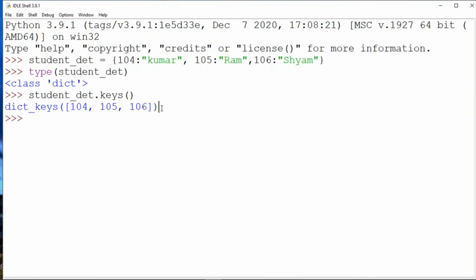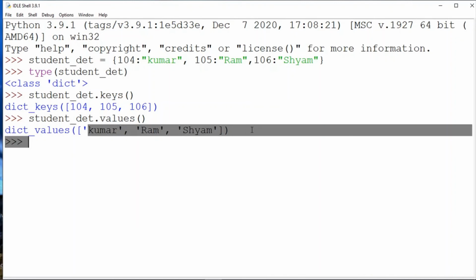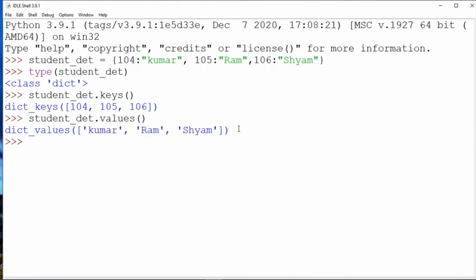And now if you want to check the values associated with those keys, just use student detail, that is your dictionary name, and just use dot values. It will give all the values. In that case we have Kumar, Ram and Sam. So this is how you can use a dictionary, and you can get the keys of your dictionary and the values associated with it.